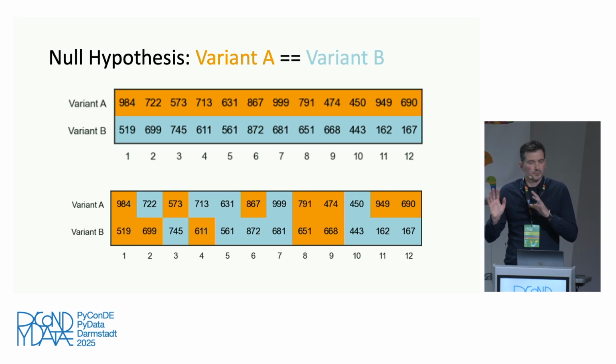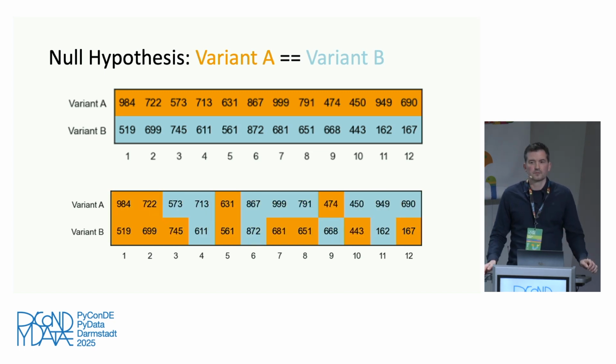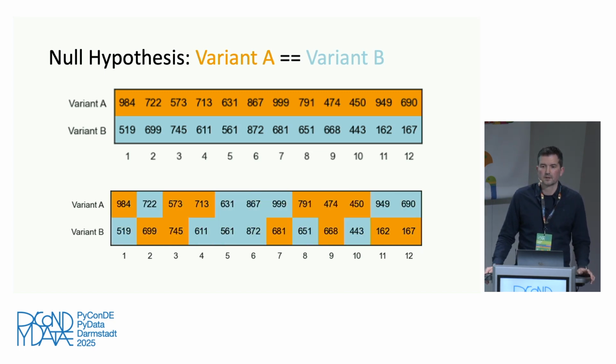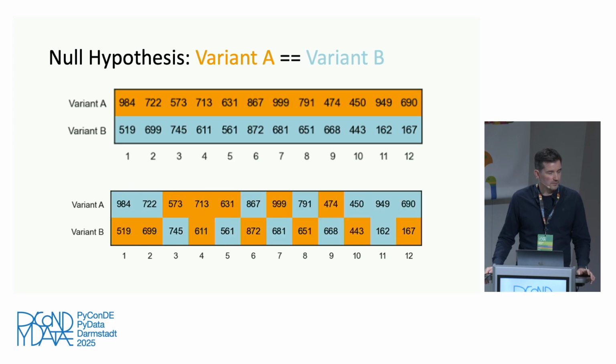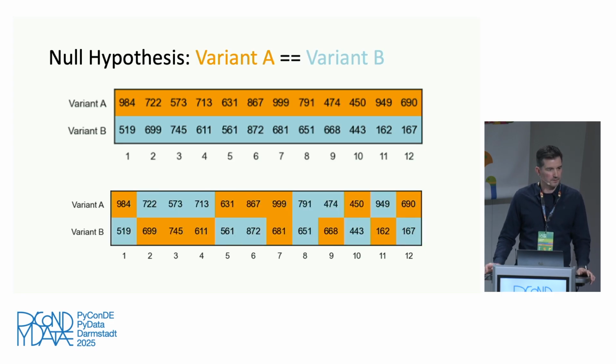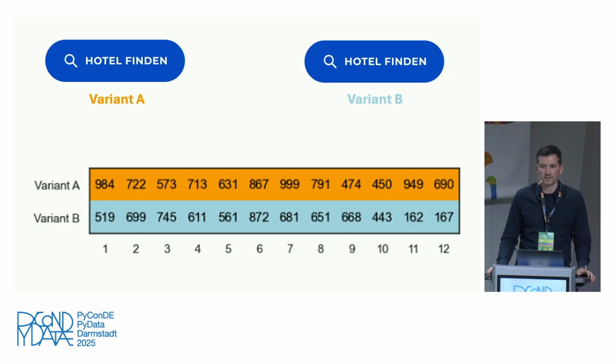And then I'm just putting it here, null hypothesis. If you don't know what it is, just forget about the word, but just say you assume that they are the same. So you assume that variant A and variant B are the same. In our case, it would be like saying we test a blue button against a blue button, or a button that is exactly the same, right?